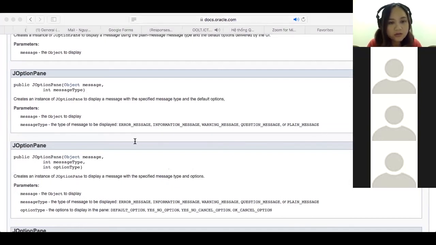In 2.2.3, that is only one parameter, right? In 2.2.4, there are 2 parameters, 3 parameters. The null, that is the parent Windows. The second one is the 4 parameters, right? The first one, null, is, you go to the 2.2.4, please, and see the JOptionPane.showInputDialog